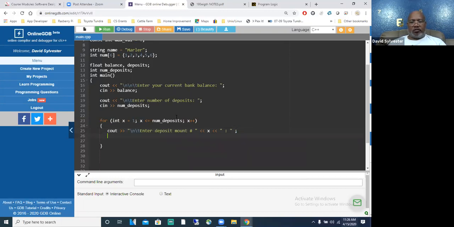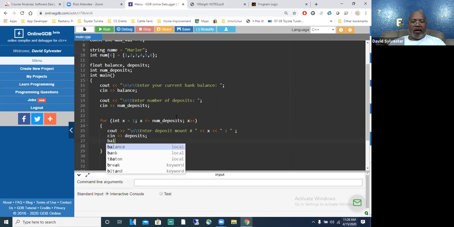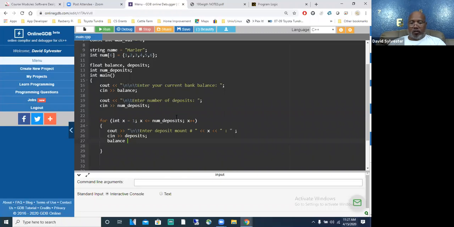All right, so now I have this. So see, I enter deposit number 1, number 2, number 3, and then I'll say cin deposit. All right, when I input the deposit, now I have to say what? Whatever I have for my balance is equal to, or I could do what? Remember this, plus equal. What that says? Balance is equal to balance plus whatever is on that side, right? So we could use that, or we could just say equal balance